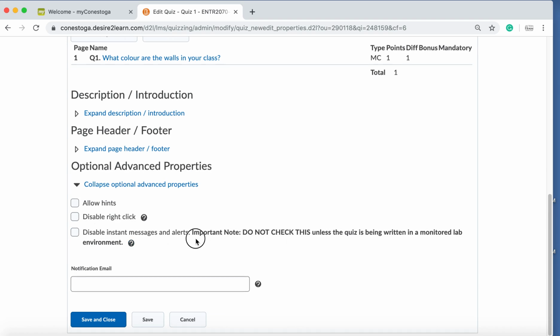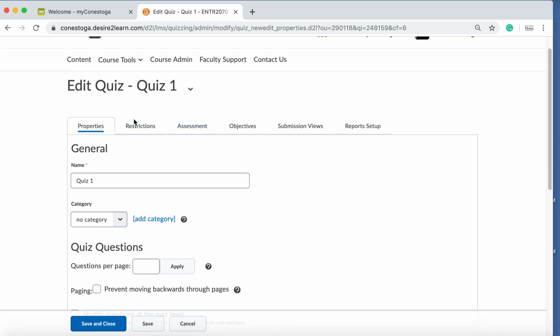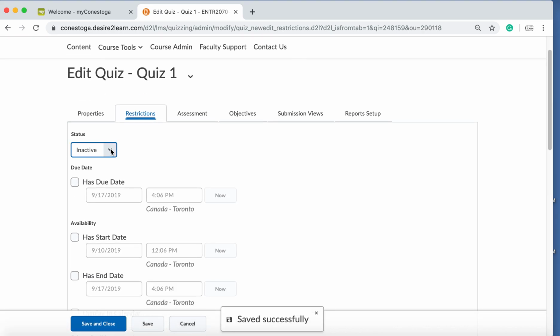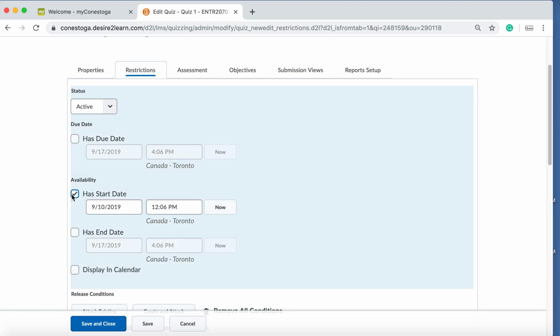And then there's notes here that prompt you about all of this. What I want to show you though is the restrictions and assessment. So go into restrictions and you want to make it active and select availability. So if I have this quiz in class on Thursday, what I would actually do is leave